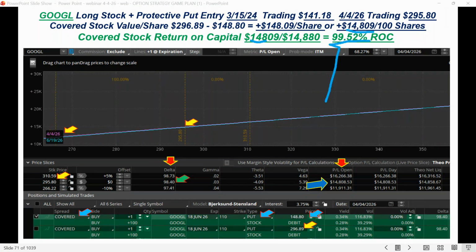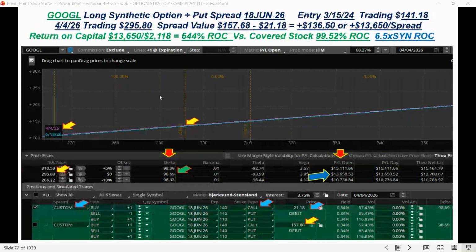But here's the beauty of the synthetics. So here's if you did this with the synthetic long with the put below. All right, this is what we call the custom. And there are a number of different ways, but I'm just showing you the basic component here. So here it is, doing it with synthetic options long with that put for the downside. And trade entry was on the 15th of 2024, 141.18. And then today, using the analytics to show you,